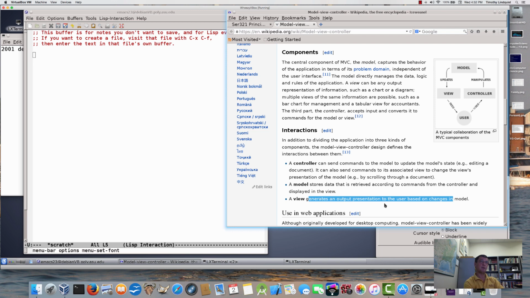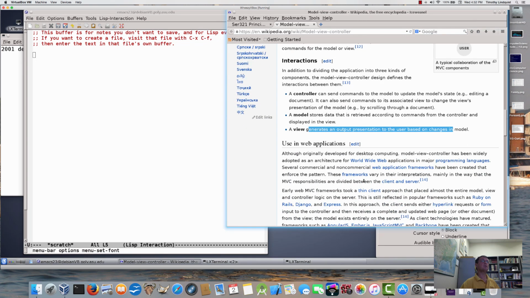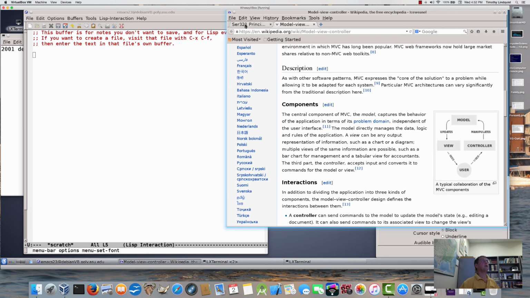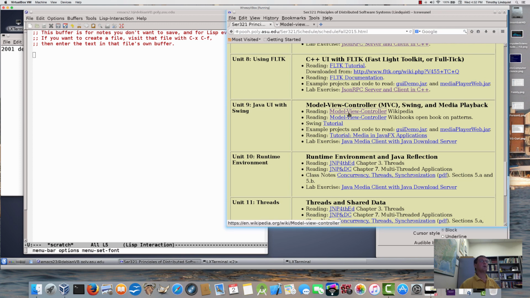And in the case of assignment number 5, or in C++, the view is made up of all of the objects of those classes, the button class, the tree class, the input class, the FLTK classes. So those objects make up the view for us, and they're placed on a window. So it's very common to use MVC in web applications. We're not actually doing a web application, but nevertheless, MVC is certainly a very pertinent pattern to what